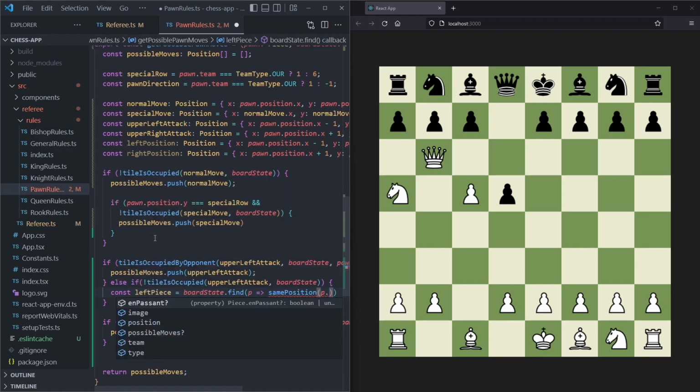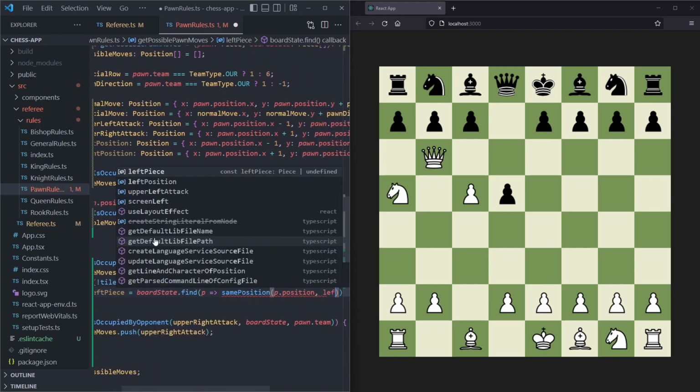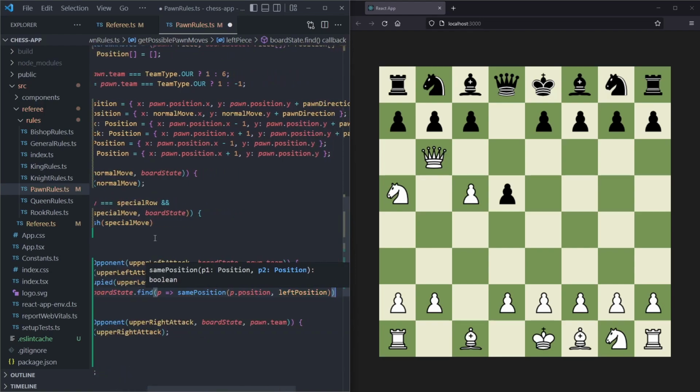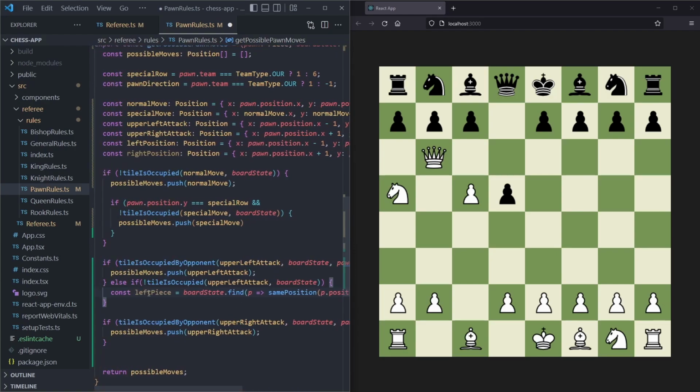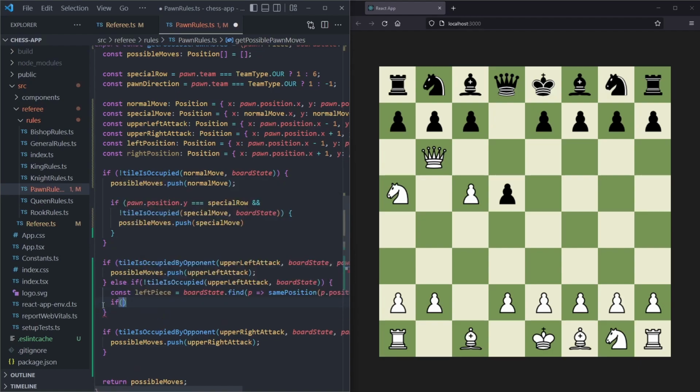So we say p.position and then left position. So this will be undefined, or it will be piece. And if it is a piece, then we want to do some checks, which will be if left piece is not equal to null,